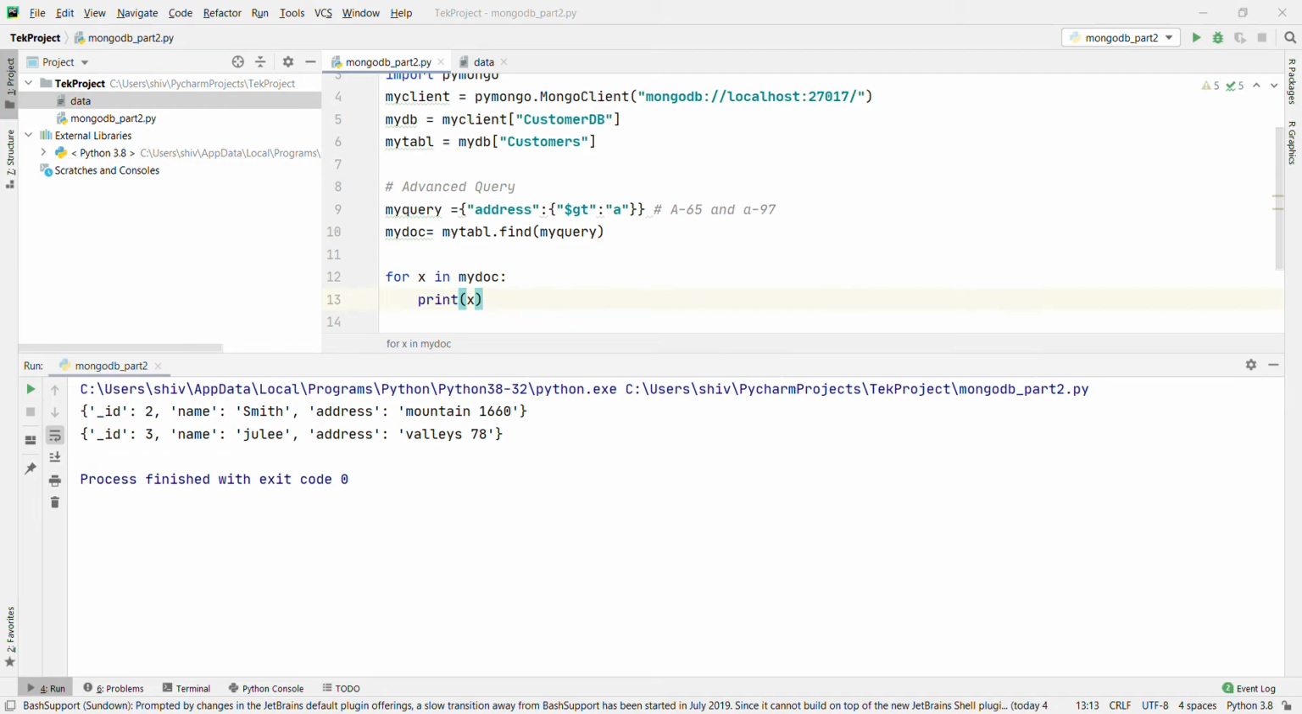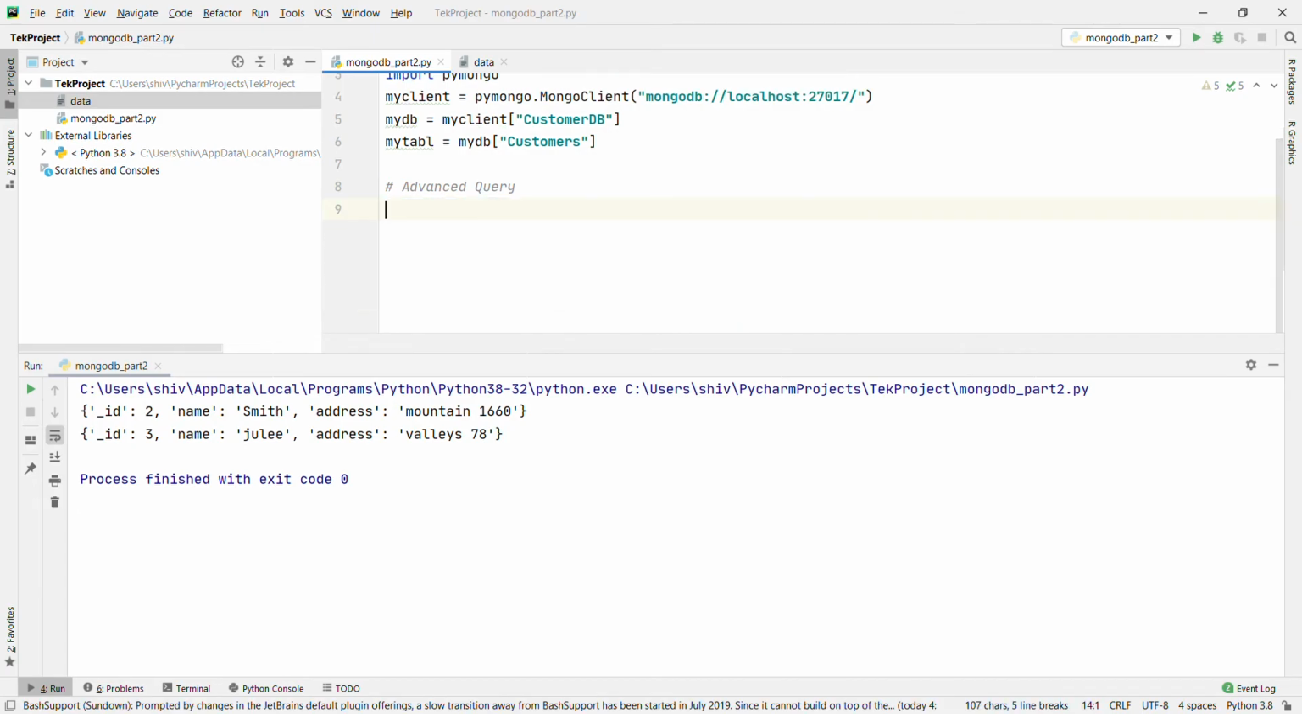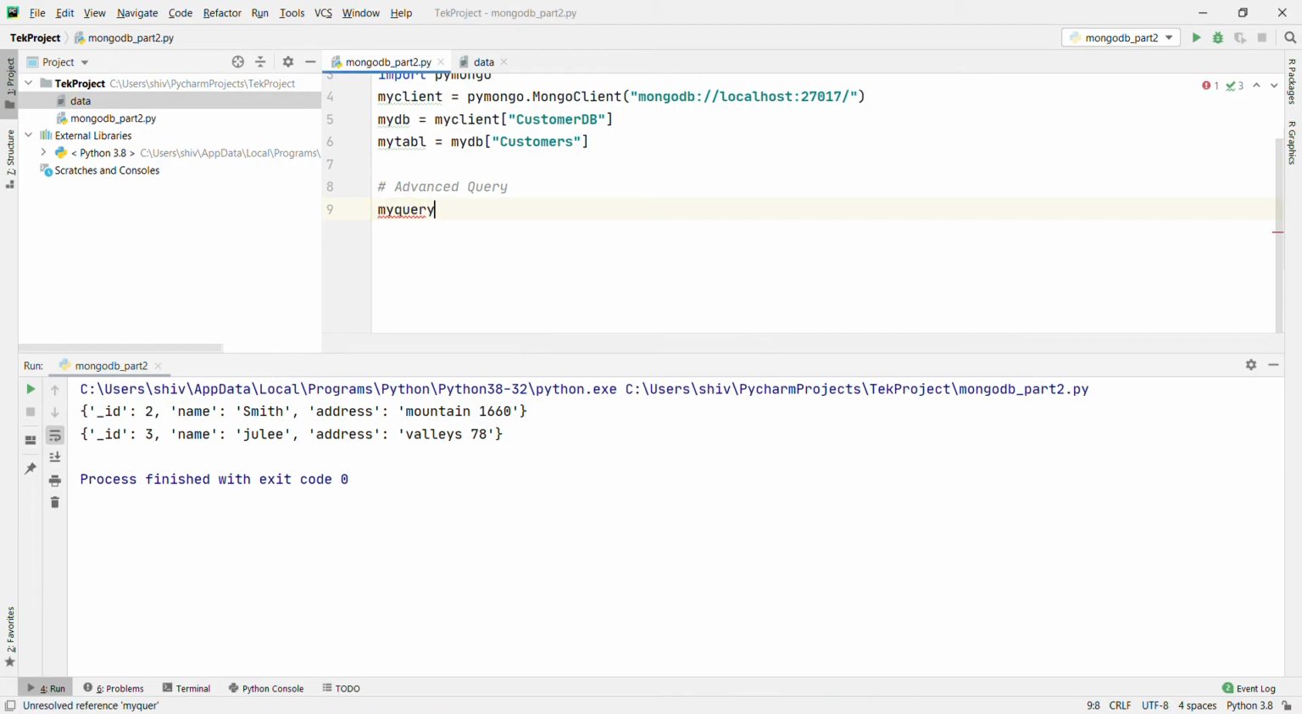Now I am going to show a little more complex query, where we are going to use a regular expression. A regular expression can only be used to query strings. Just like, we are going to find the documents with an address that starts with the letter A, B, C. For that we are going to use a regular expression. We are going to delete this one. My query, filter with regular expression. My query equal to address colon,